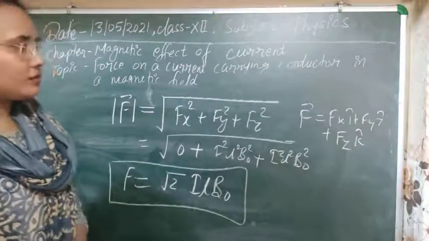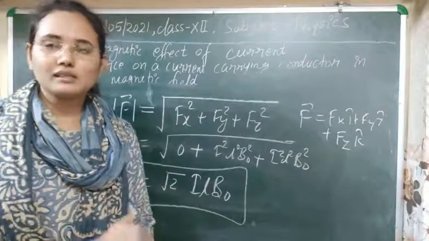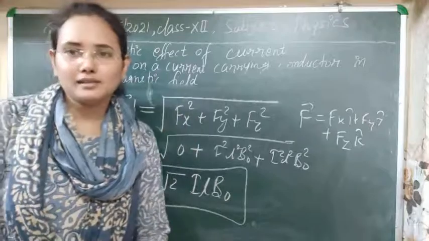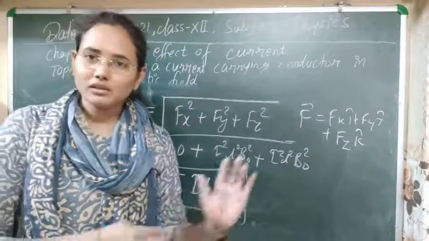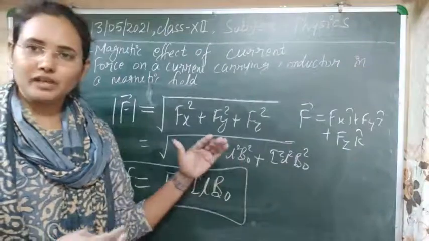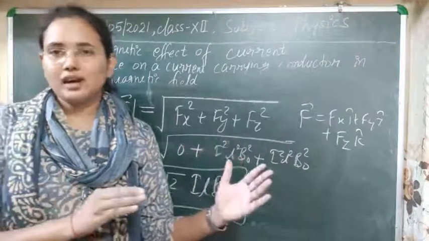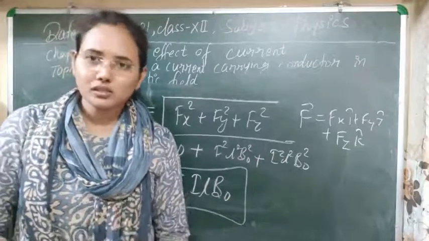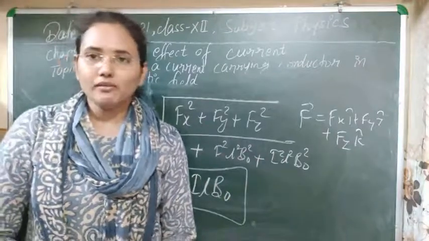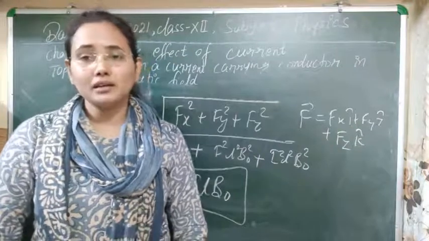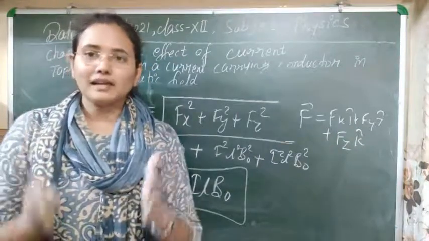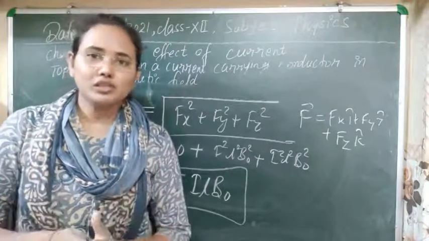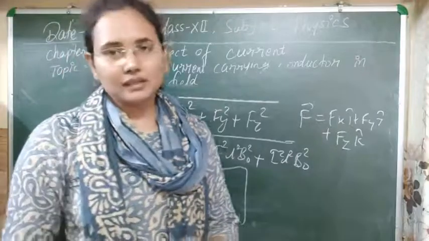So in the next class we will take some more numericals on these kinds of forces. That's why I didn't show any numerical here, because after this topic we have a lot of things, like for the charge and for the current carrying conductor. So let's solve the numericals in the next class, and also discuss the concept of force that is experienced by two parallel wires, keeping them parallel or anti-parallel to each other. So let's see that condition in the next class.